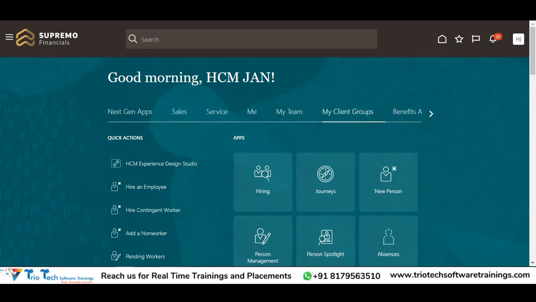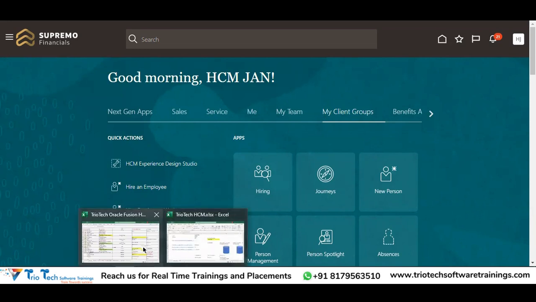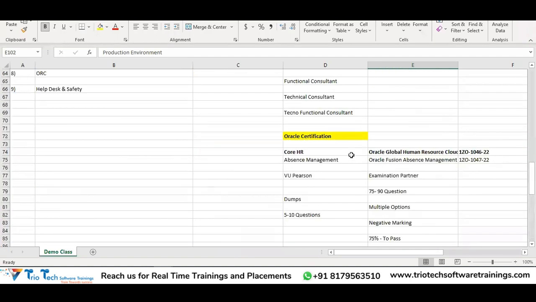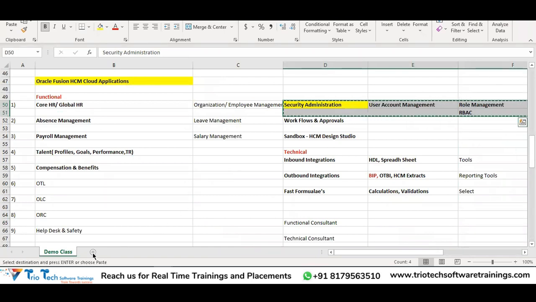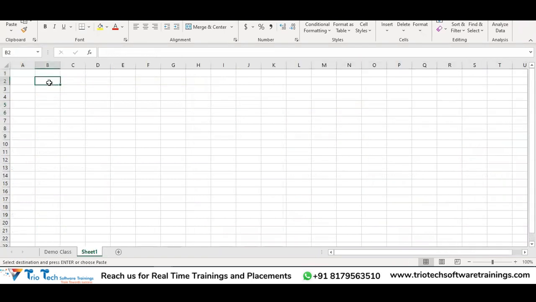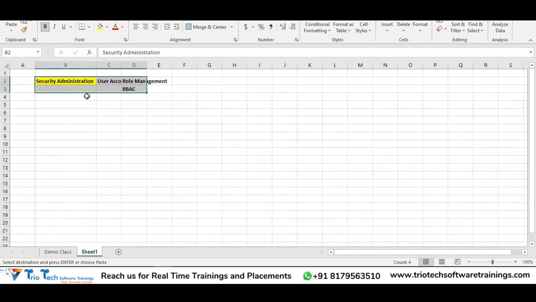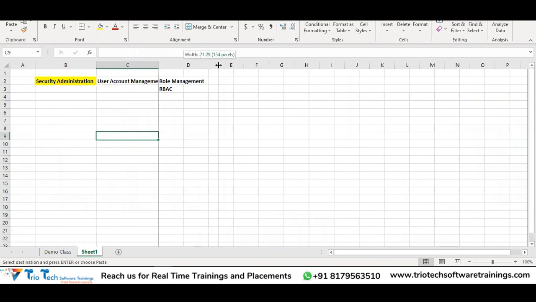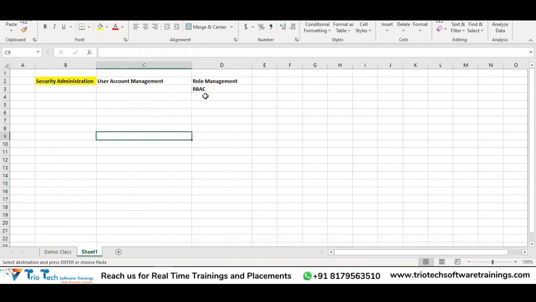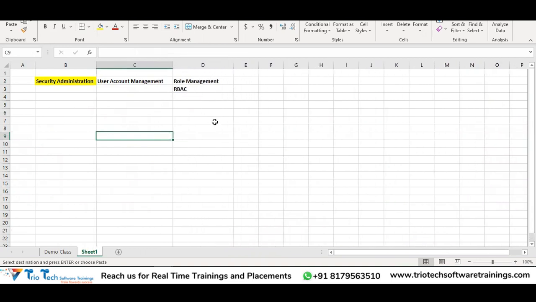So now in today's session, we are going to take up a new concept, that is security administration in the application. Because when you go for any implementation project, whenever you are working in real time, the very first configuration that we should be aware of is security administration. Why? Because